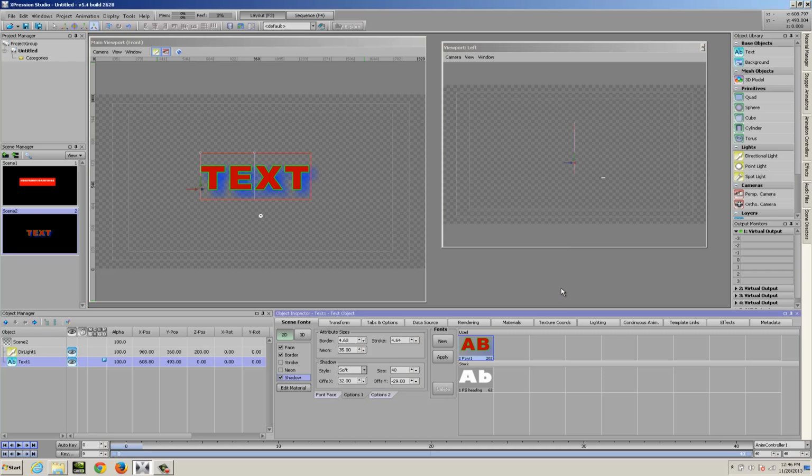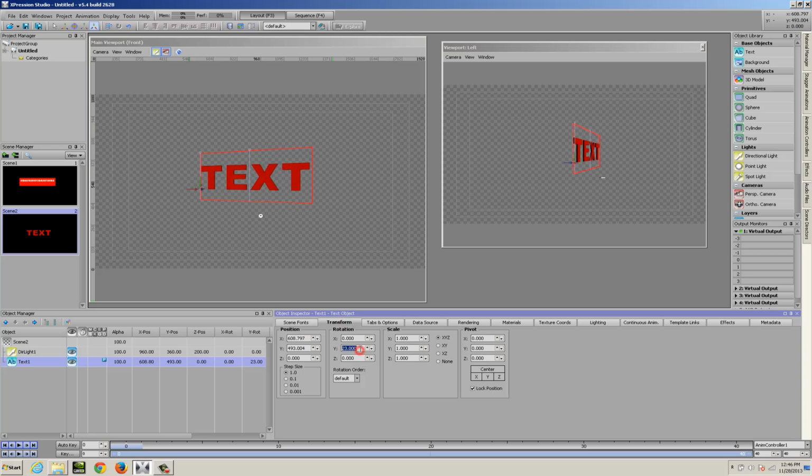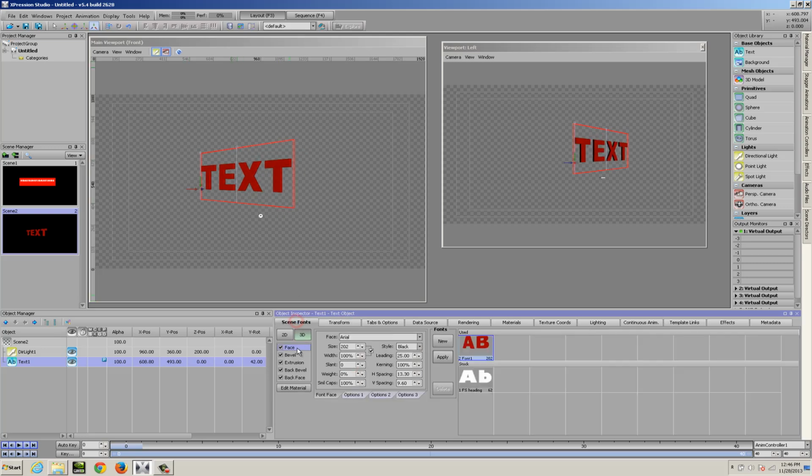Now the other fun thing about fonts is every font style that you create in Expression, you can also switch to 3D mode. So there's a toggle at the top that switches your font style from 2-dimensional to 3-dimensional. So if I switch this from 2D to 3D, I now have 3-dimensional extruded text. And what happens is this attributes list changes to represent the options that relate specifically to a 3D font instead of a 2D font. So where we used to have face, border, stroke, neon, and drop shadow, we now have face, bevel, extrusion, back bevel, and back face.